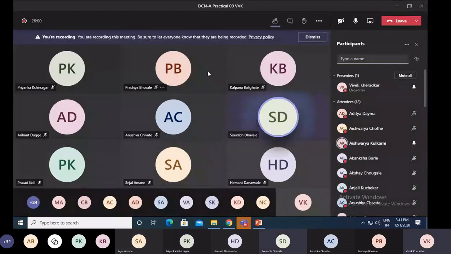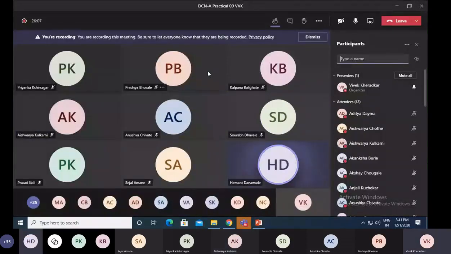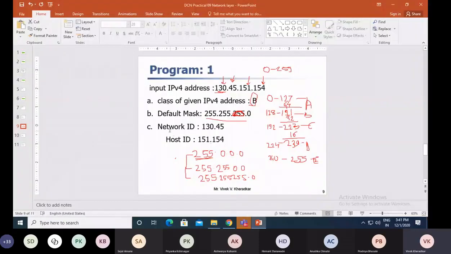The first 3 bytes, the first 24 bits, are the network ID and the remaining, the fourth byte, is the host ID. Okay, this is the expected answer.